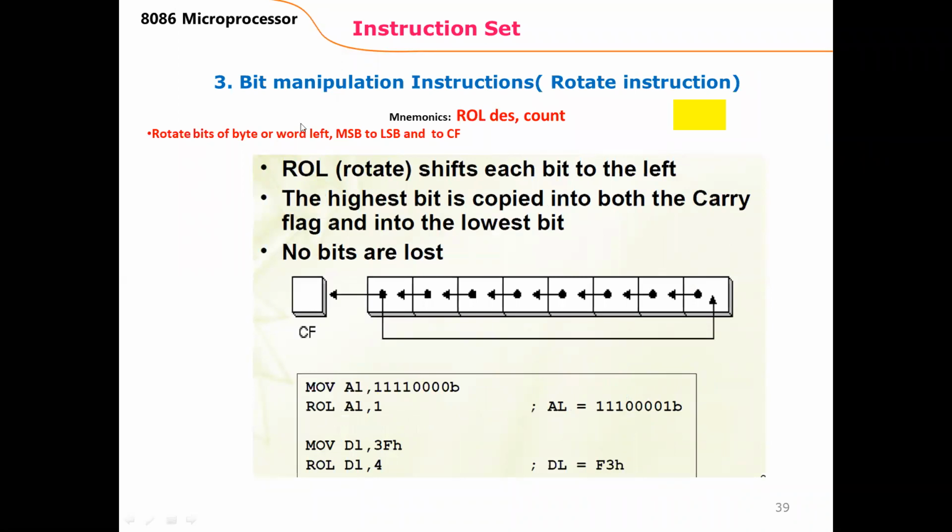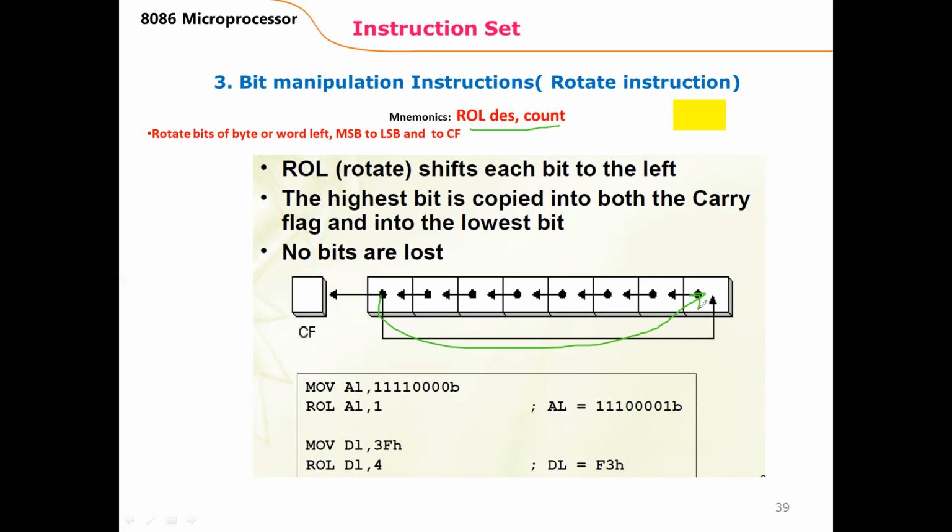Now we will discuss rotate instructions. The first rotate instruction which I am going to discuss is ROL, destination and count. This is the format of this instruction. ROL means to rotate the bits left, and there will be one more instruction for shifting left. Now ROL is without carry. In ROL, this bit will be stored in the carry, and this MSB D7 will become D0 of the number.